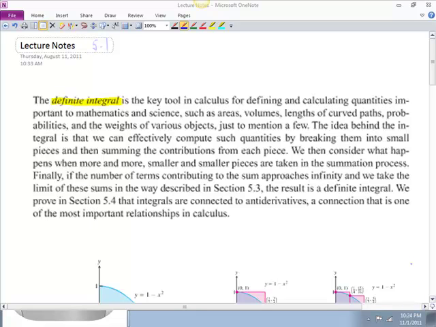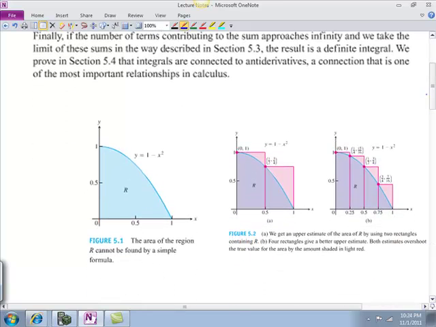And finally, if the number of terms approaches infinity and we take the limit of these sums, like we're going to do in section 5.3, the result is a definite integral. And what that really looks like is, if we're trying to take the area of this region, we don't have a formula to do that. So we get,